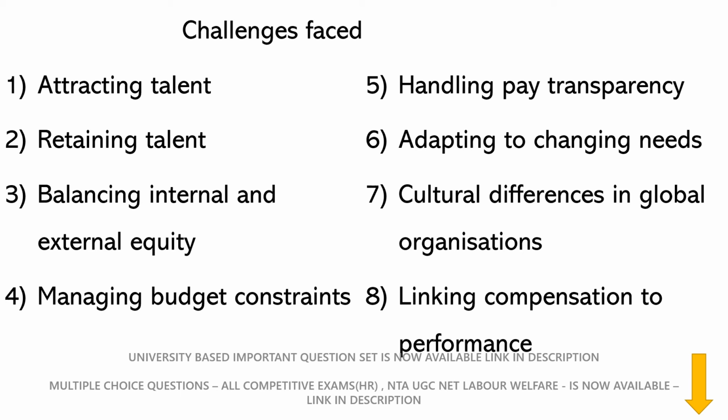Next, balancing internal and external equity. This means a company has to make sure that there is equality within the organization in the compensation package, as well as competitiveness in the market. That is, you are being fair to your employees. So, what a company can do is conduct a regular market survey. They can do an annual evaluation, or a six-month or quarterly evaluation, to find out how their employees are feeling. Okay, so for example, a company can conduct